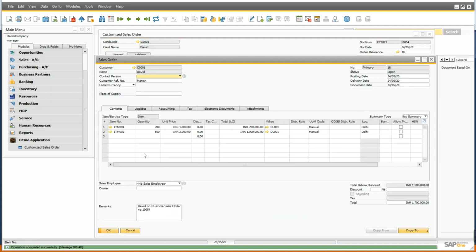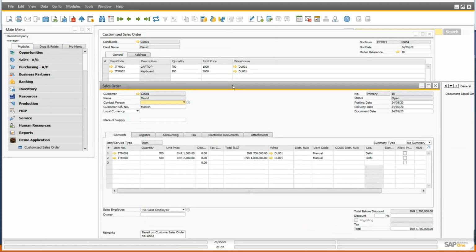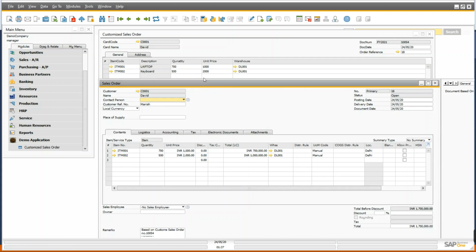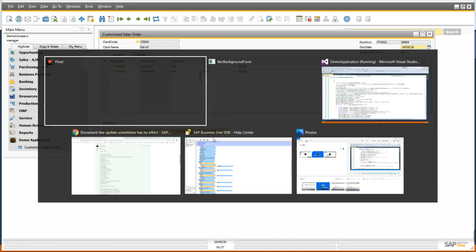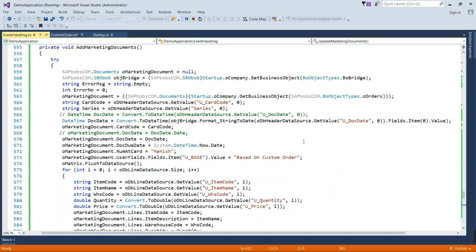You can see 700, 500, 1000, 200. You can match also here, and this value is coming because we have given this value in code, hard coded. So I'm going to the code so that we can explain the code.